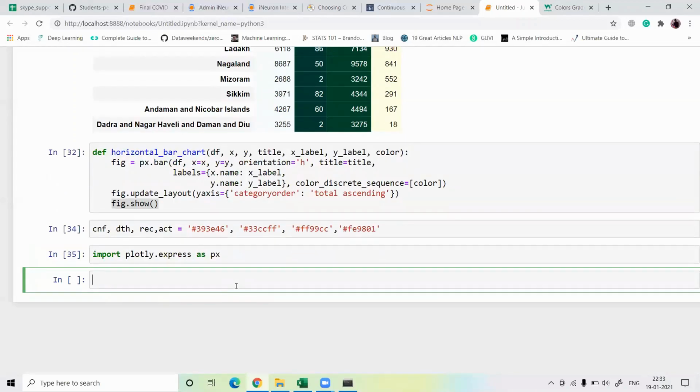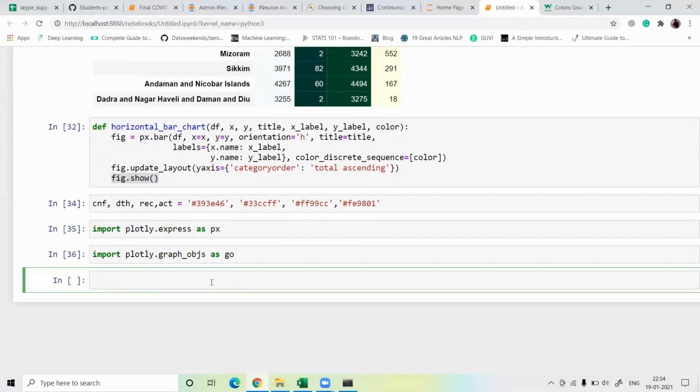Let's import the other things. Import plotly.graph_objects as go. Run this cell. Now this is also imported.